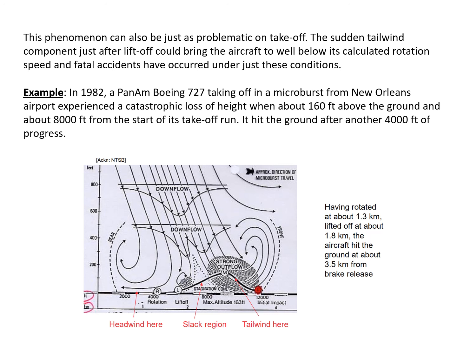You see, the picture is showing here a more artistic view, I would say. You can see the downdraught, and then it will split up into the headwind and the tailwind for the aircraft, and the solid line is the path of the aircraft. So we can see the aircraft lift off in headwind, and then once it enters the downwind, tailwind, it starts losing height and then hits the ground. So you can see how this happens for